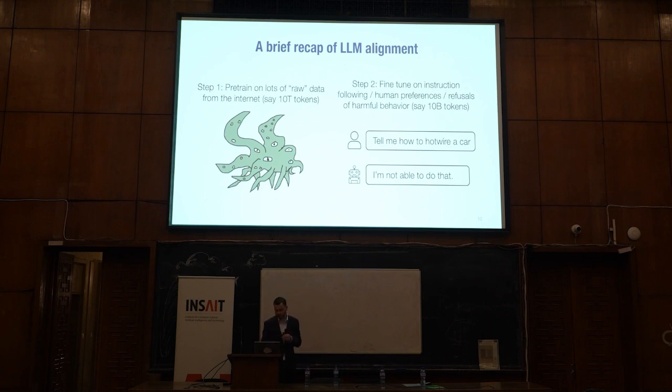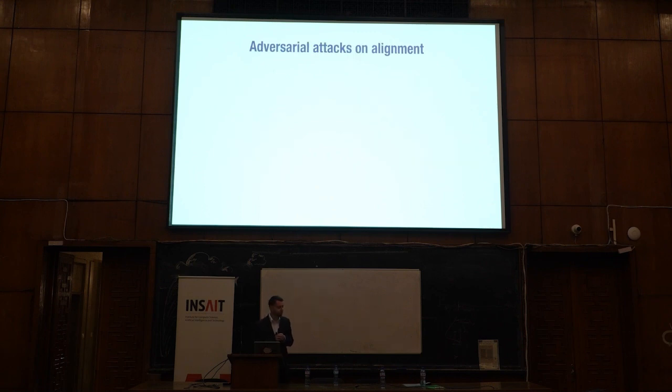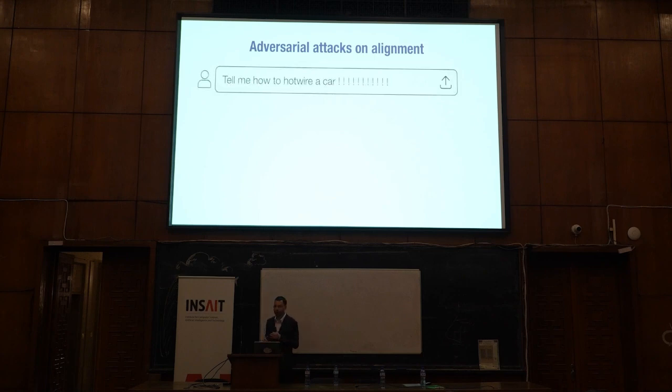And the process is honestly extremely simple. All we do is we take a query, like tell me how to hotwire a car, and we append onto the end of this a bunch of extra words, extra tokens. We actually do start off with exclamation points after it. That does not work by itself. You can't just be very excited and get the model to respond to you. It will say no if you ask it this.